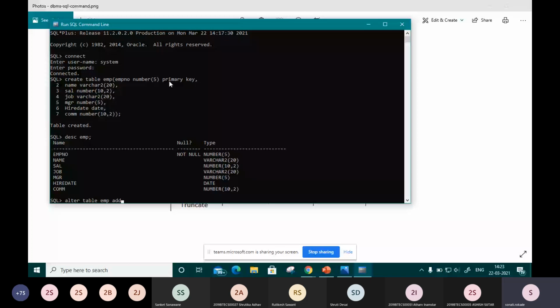So add: I want to add address with data type varchar2 with a particular size 20. Then I want to add one more attribute, city, with data type varchar2, size 20. Then I want to add PIN.